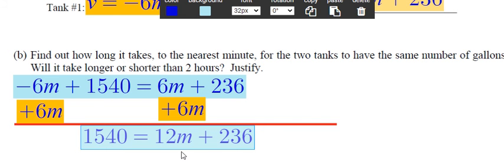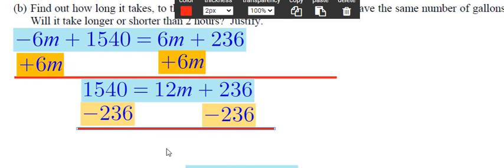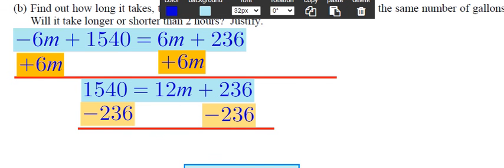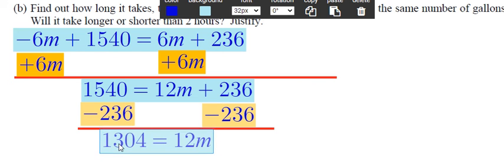So now our goal is to get 12M alone. So we want to subtract 236 from both sides. Now on the right-hand side, the 236 just goes away, which is what we want, and we get 12M alone. On the left, 1540 minus 236 gives us